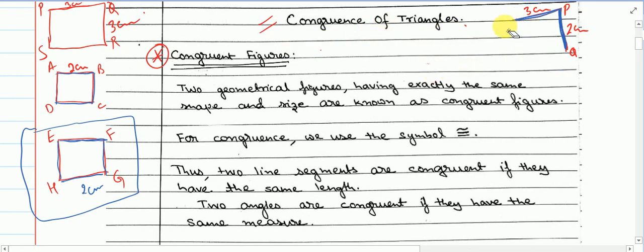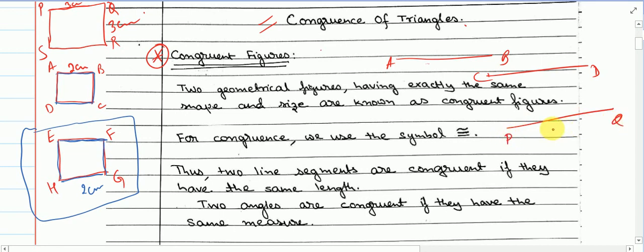So you'll write this, you'll give the definition, you'll write this, and you'll write this also. Thus, two line segments are congruent if they have same length. Like this is one line AB and there is one CD, and then there is PQ. This is 4 centimeter, this is 3.5 centimeter, and this is 4 centimeter. So here we'll see that AB and PQ will be congruent because they are of same length.